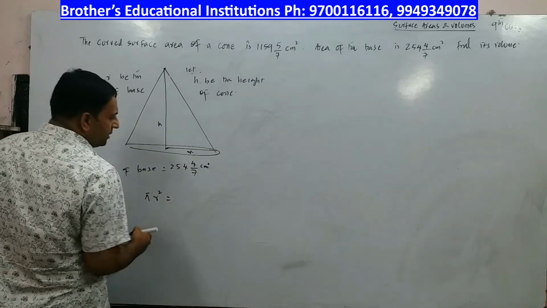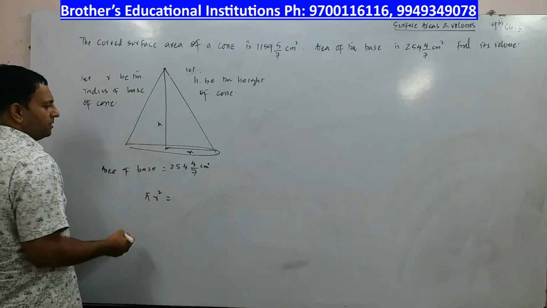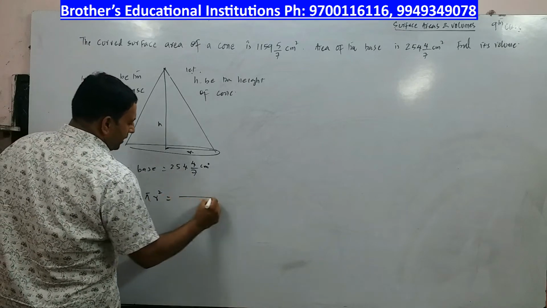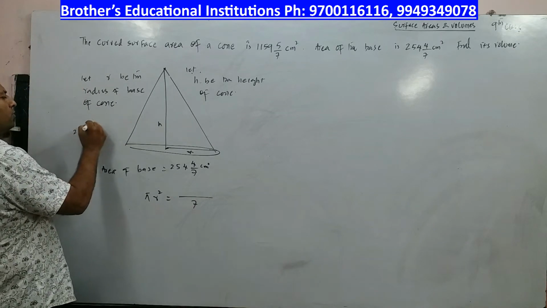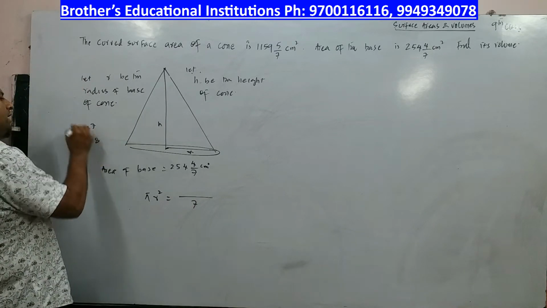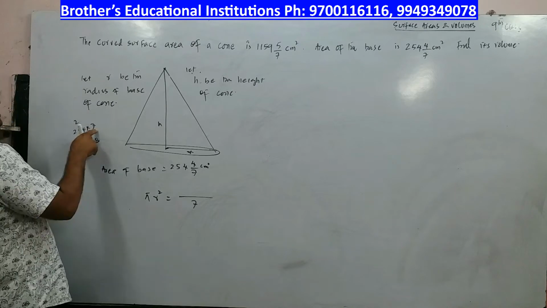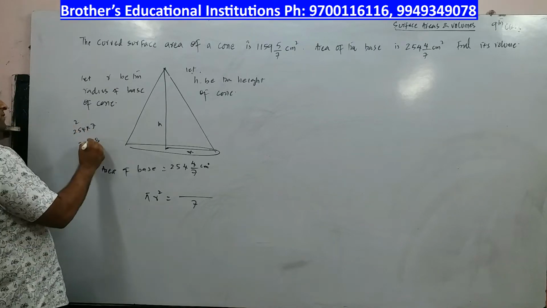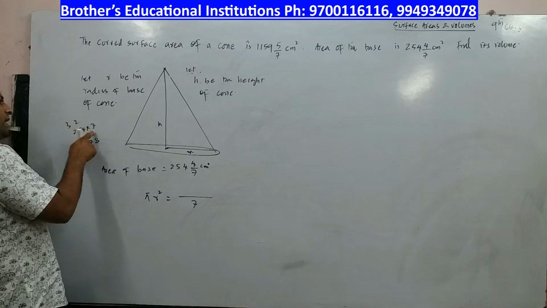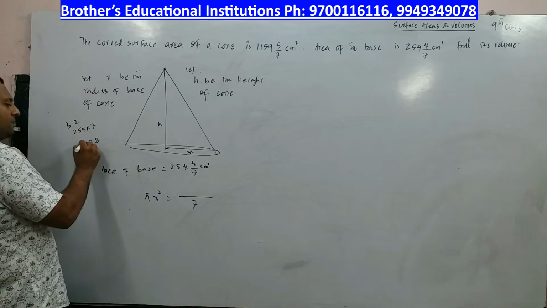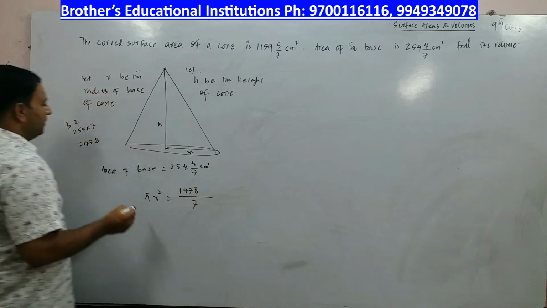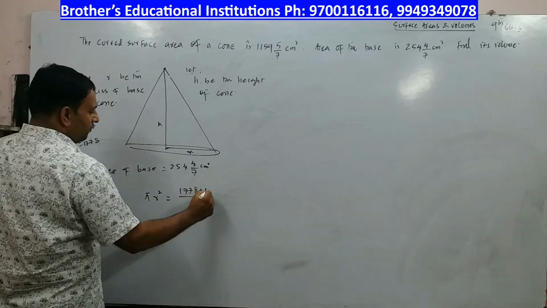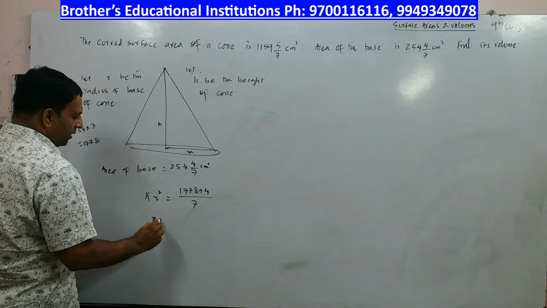So you have to write this in proper fraction. Alright, how do I write this in proper fraction? So LCM is 7. What is 7 into 254? 7 4s are 28, 8, 2 carry. 7 5s are 35, 36, 37, 7, 3 carry. 7 2s are 14 plus 3, 17. So it is 1778. Alright, plus 4.